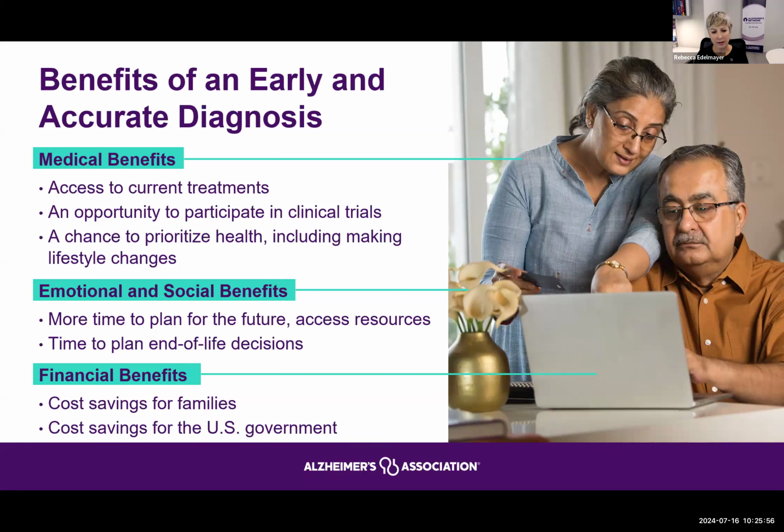And at AAIC, you'll see a lot of different research that's really trying to study how we detect and diagnose the disease at its earliest stages. What can we do to define who's at risk, even in our health systems? And how do we make sure that they're getting put on an appropriate treatment and care path and navigated through the systems in the easiest way possible to help families?